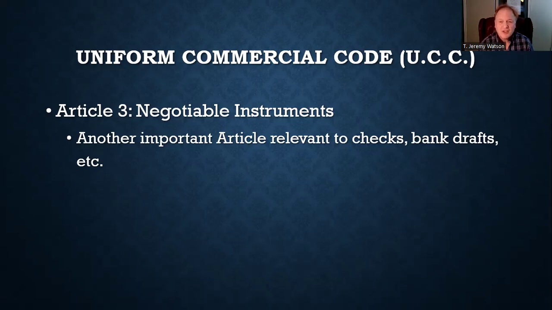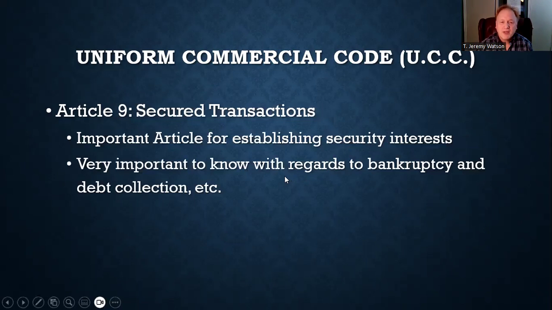When you look on the line, you see it doesn't say pay to Professor Watson. It says pay to the order of Professor Watson. What does that mean? It means that I can negotiate that instrument. I can trade it to somebody else. If I transfer that check to somebody else, if I endorse it on the back and give it to them, then they can go cash it, even if they're not me, because I endorsed it. I negotiated it to them. That's an interesting area of law. We could do a whole semester on that alone, but that would be Article 3, negotiable instruments.